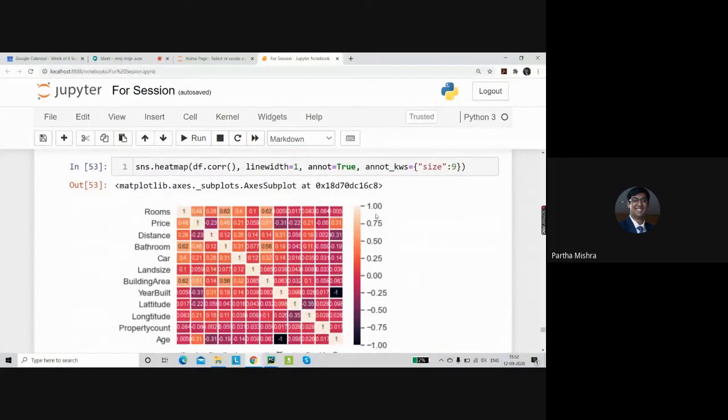So because of linear regression, we require variables which are having high correlation with price. Okay, so out of this entire correlation matrix that we have right now, we should be interested in looking at this price column. Okay, so in this case, it's the price row. So wherever we have the very high values of the price, we are going to choose those particular columns.